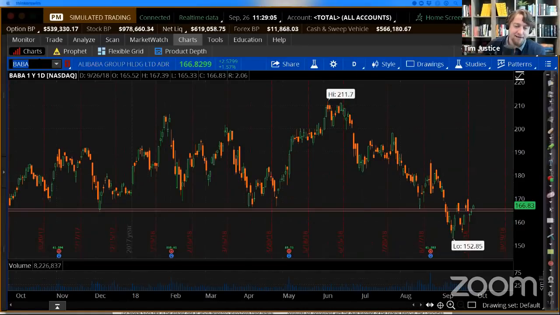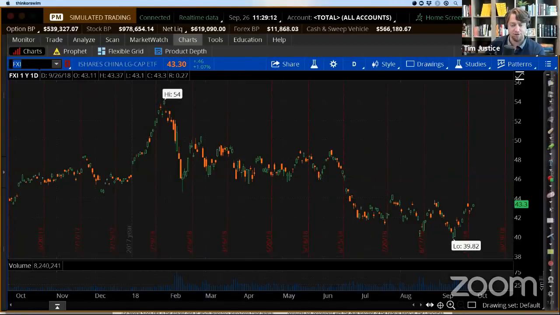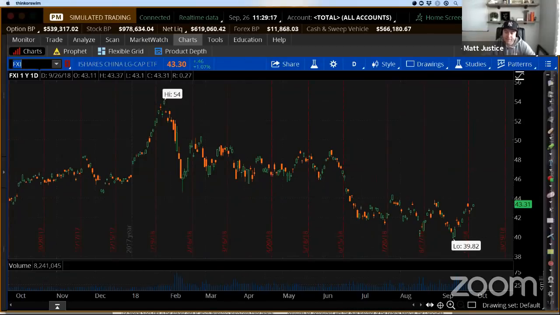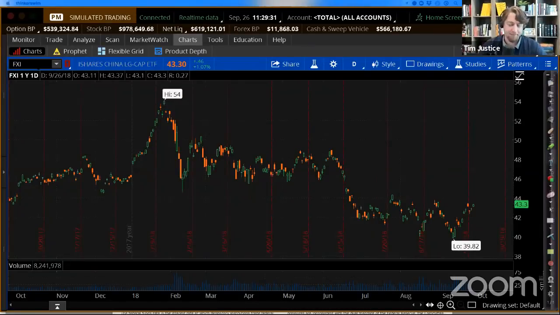Large cap Chinese tech has been weak. I mean, you could make a case, Matt, that you should pull out of Baba and just put it in FXI, because generally that is the overall index ETF. FXI is showing short-term neutrality. It's up near resistance levels. If FXI breaks out of $44, I do believe you're going to see quick price appreciation in those markets. I don't believe in everything, but I believe in support and resistance. So I'm going to play that until it breaks and changes. If it breaks above 44, I'm sure Baba's breaking 170.